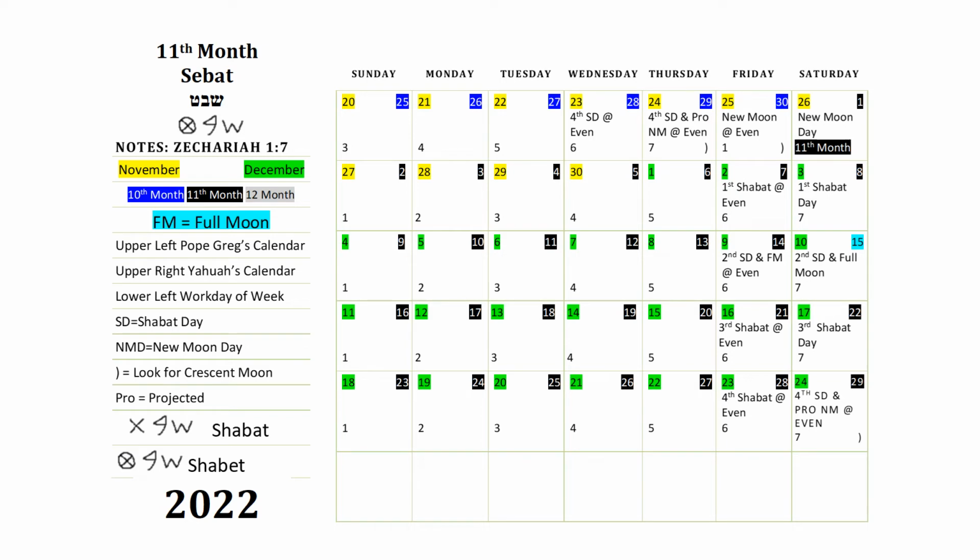Now, we have a couple of groups out there that celebrate their Shabbats on every Saturday. But in the case of the lunar events, it's not going to be every Saturday. It just so happened to land on Saturday this month. You have another group celebrating their Sabbath on every Sunday. It's not right. It goes by the moon, and that's how you dictate your Sabbath.